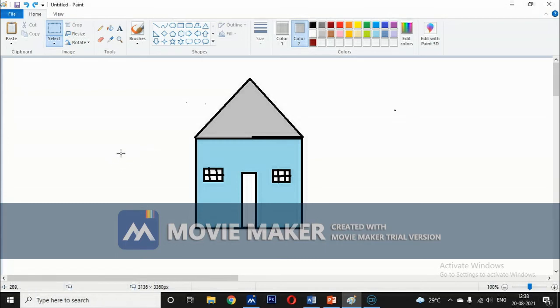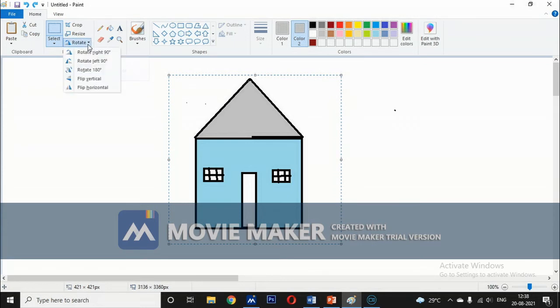Now let's move to the next topic, that is rotate or flip a drawing. If you want to rotate a drawing, first you have to select it and go to the image group. Here is the rotate option.